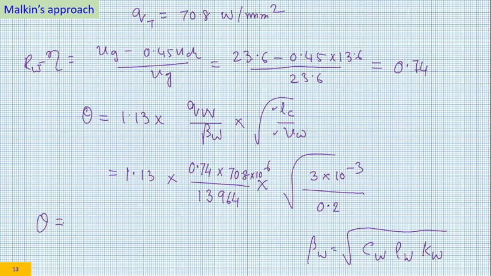So 0.74 into 70.8 exponential 6 divided by 13964 into 1.13 into square root of this, so that comes out to be roughly